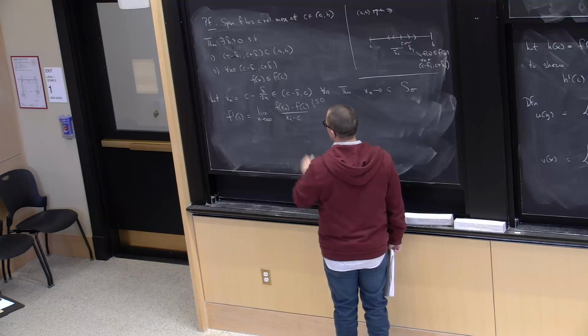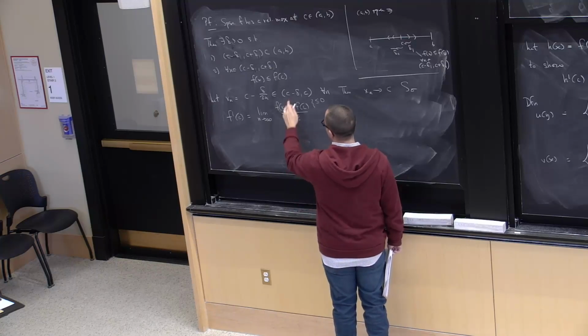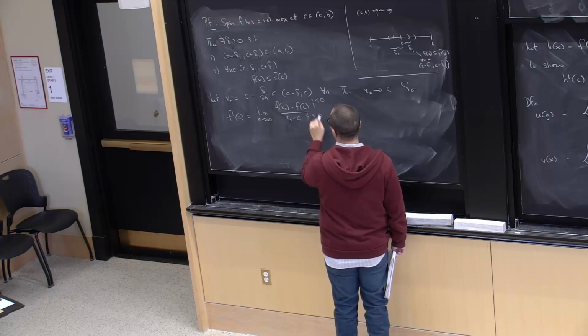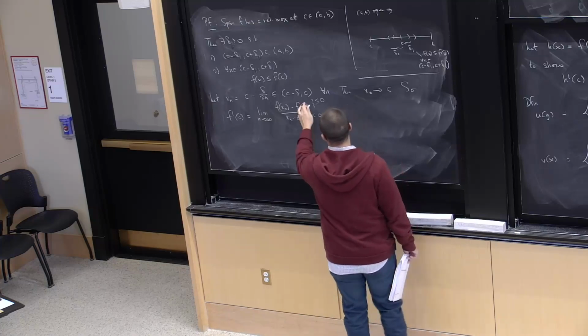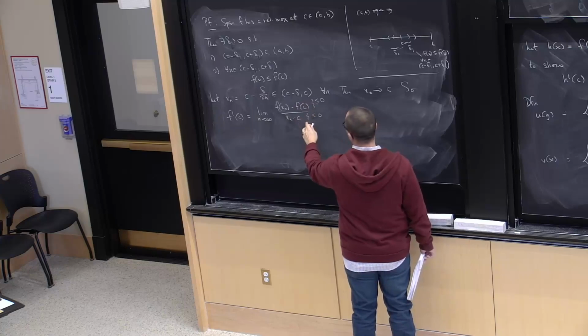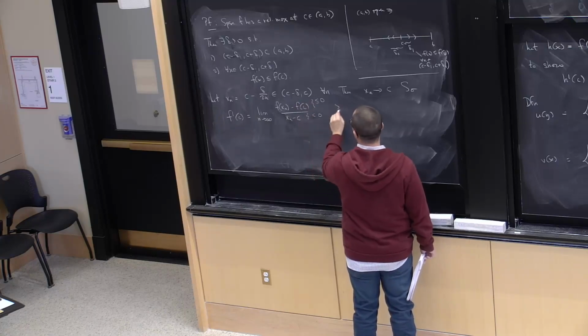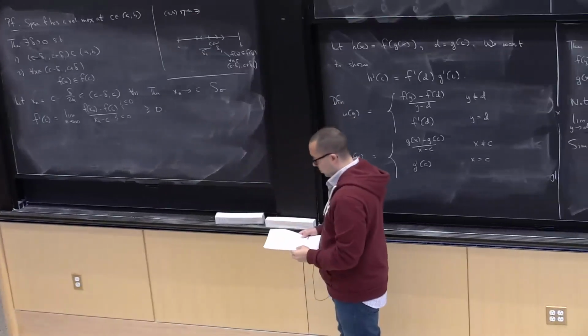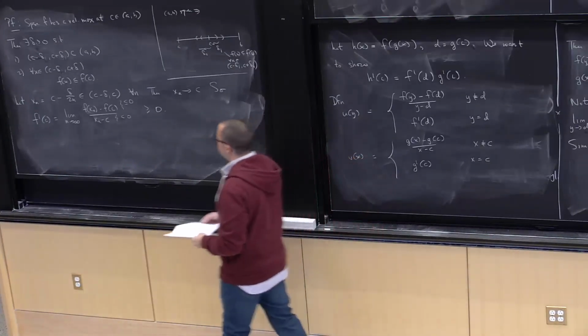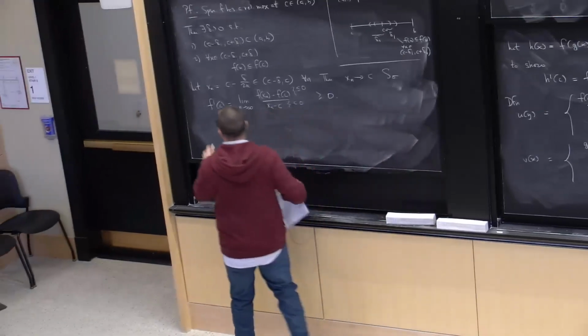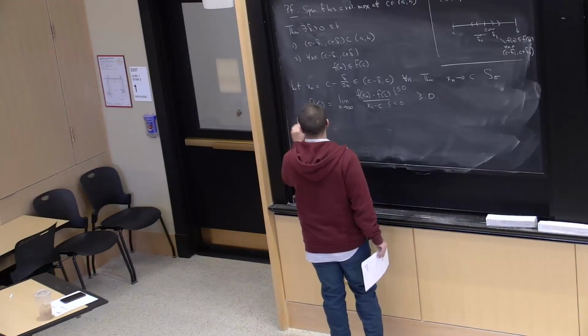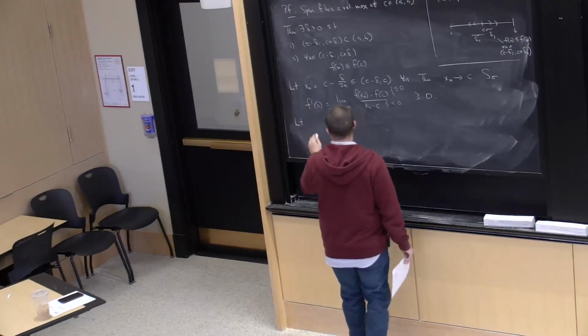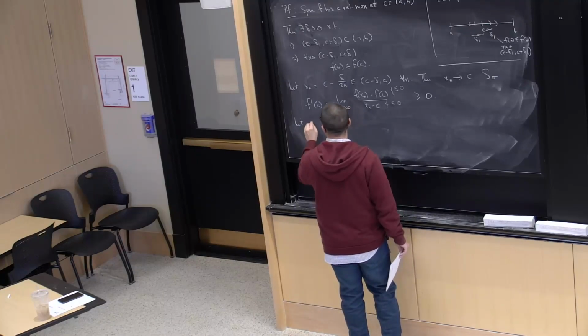Okay? Now, x sub n is always less than c. So this thing on bottom is also less than 0. And therefore, something that's less than or equal to 0 on top over something that's less than 0 on bottom must be bigger than or equal to 0. So that's approaching c from the left. If we approach c from the right,